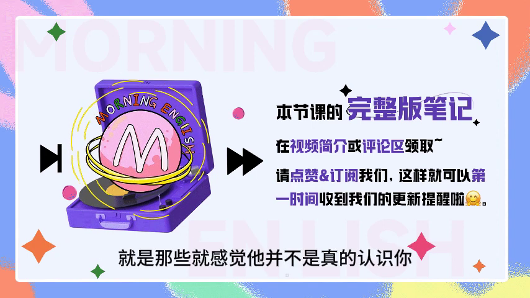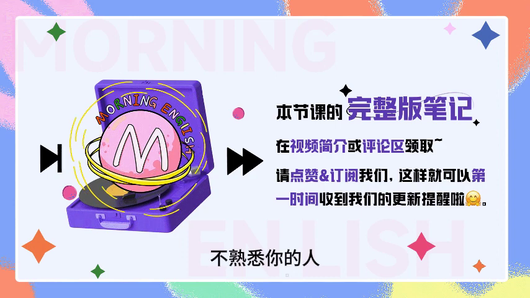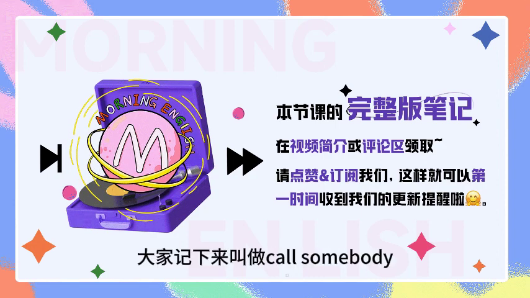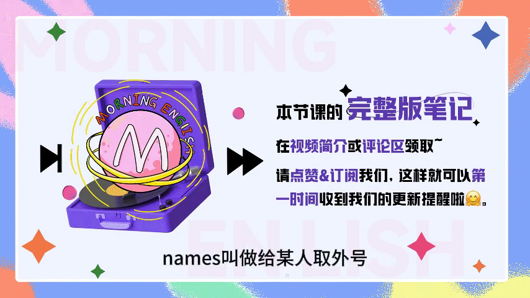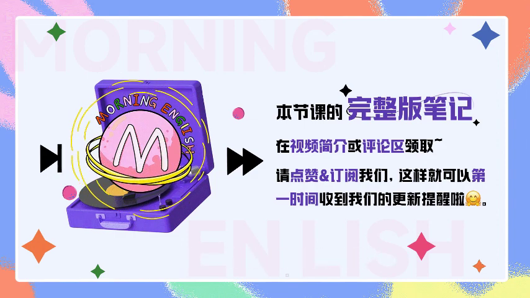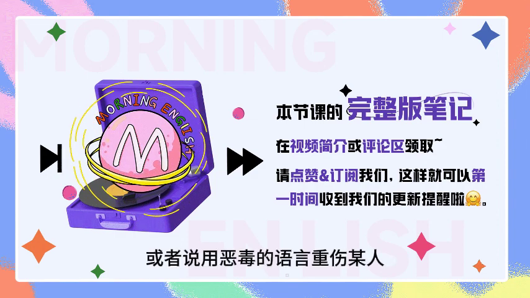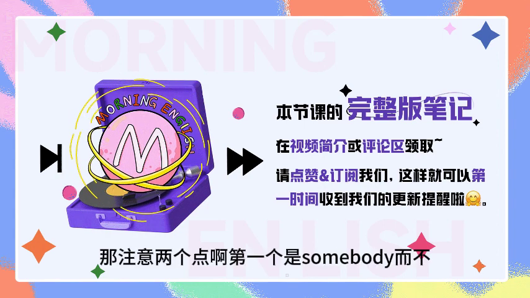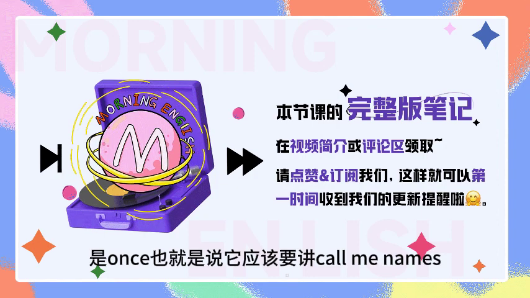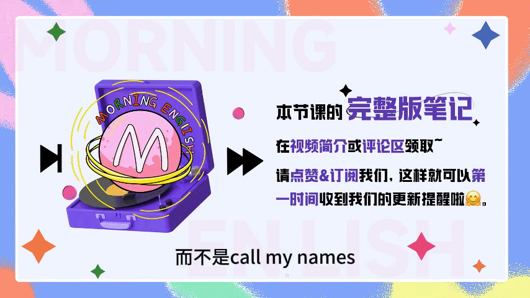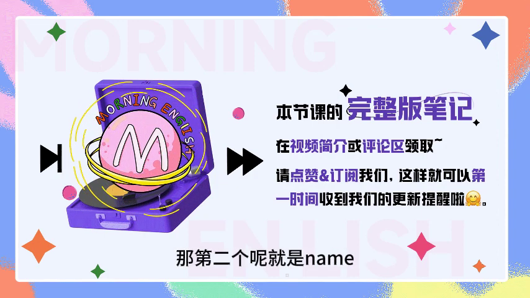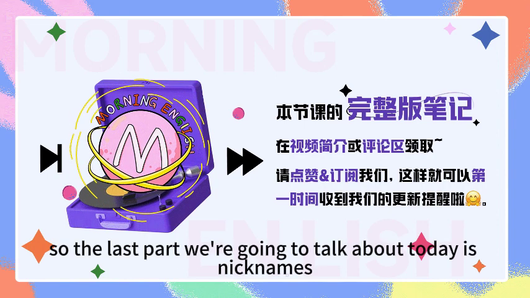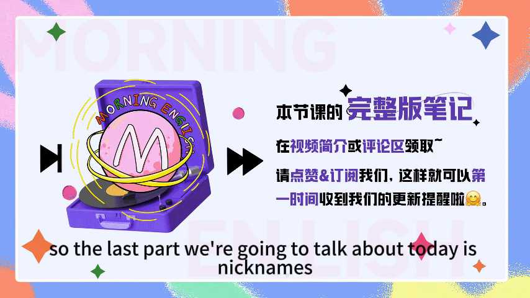就是那些就感觉他并不是真的认识你不熟悉你的人说一些关于你的坏话，这种就不要放在心上。所以这个短语呢，大家记下来叫做 call somebody names，叫做给某人取外号，或者说用恶毒的语言重伤某人。那注意2个点啊，第一个是 somebody 而不是 ones，也就是说他应该要讲 call me names 而不是 call my names。那第二个呢就是 name，也注意要用复数形式。